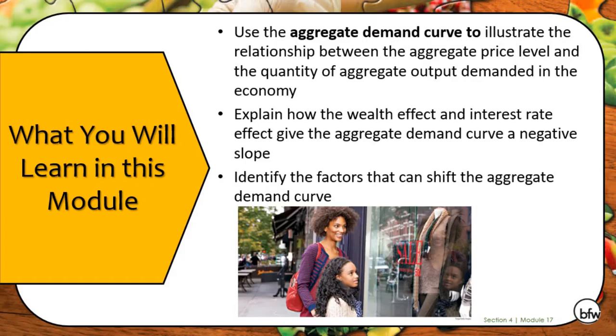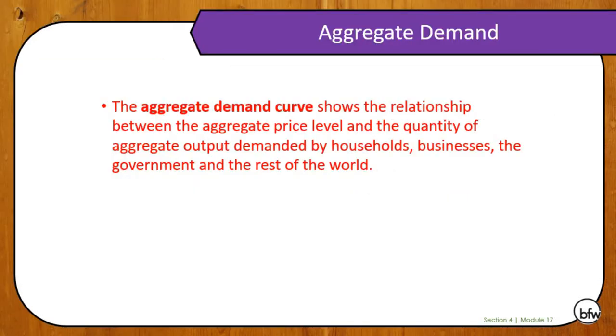So the first one, we're going to look at the aggregate demand curve, talk about what the wealth effect is and the interest rate effect, and how those things impact aggregate demand, and identify other factors that can shift the demand curve. All right. Now, the aggregate demand curve shows the relationship between the aggregate price level and the quantity of aggregate output demanded by households, businesses, the government, and the rest of the world. Essentially, what the aggregate demand curve shows us